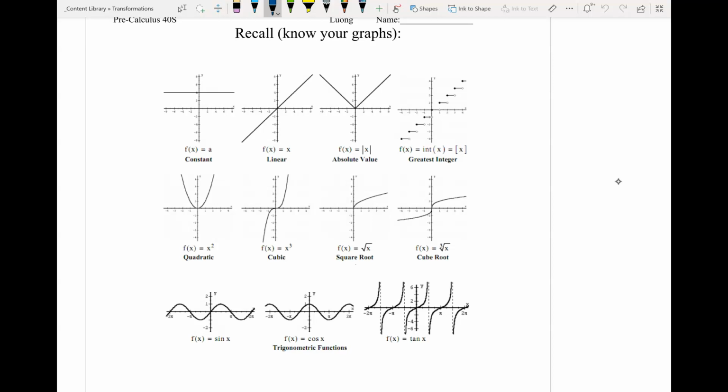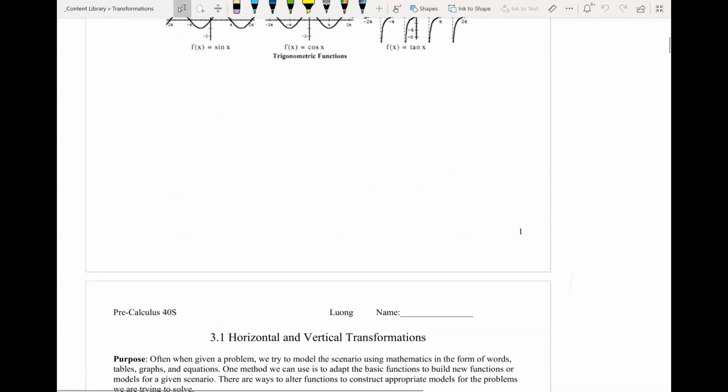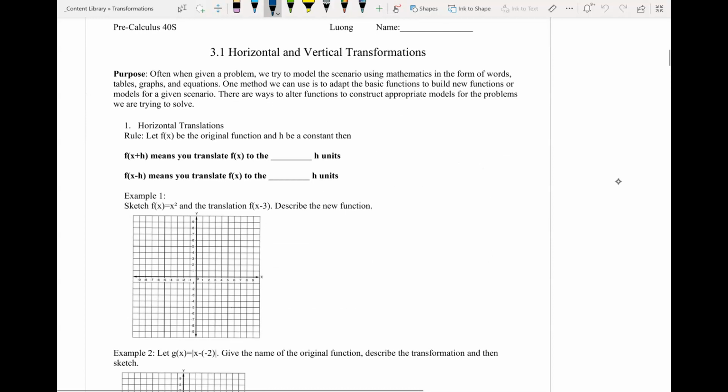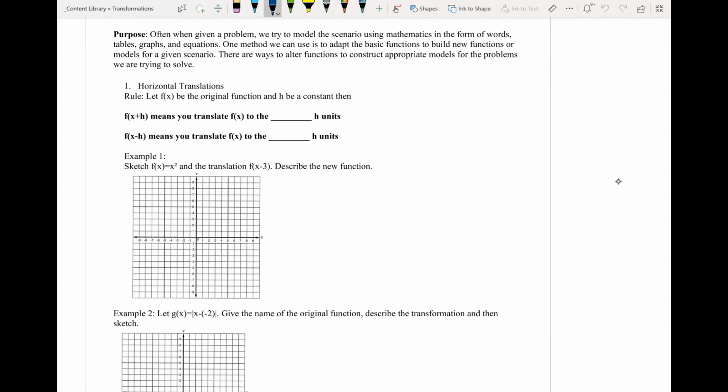The reason why I am showing you these graphs again is because we will perform transformations on them, meaning that we're either going to stretch or compress them horizontally or vertically. You can also shift them up and down or left and right. Our first lesson is just going to focus on the horizontal and vertical translations, which is probably the easiest type of transformations. So your rules for the horizontal translation, our rule is to let f of x be the original